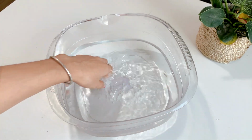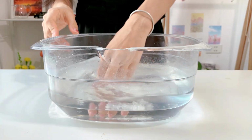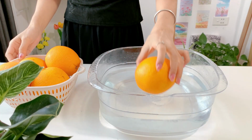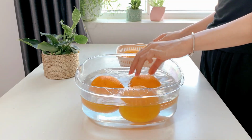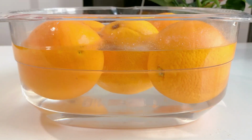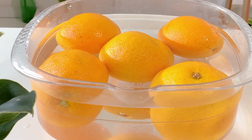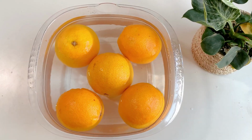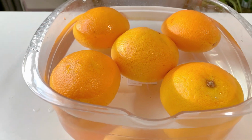Now stir the mixture gently until the vinegar and salt are fully dissolved. Once everything is well mixed, go ahead and place the oranges into the solution. Let them soak for about 2 to 3 minutes. During this time, the vinegar is working to kill bacteria, mold spores, and any invisible dirt that might be sitting on the peel. This simple step helps reduce the risk of mold and spoilage, which means your oranges will last